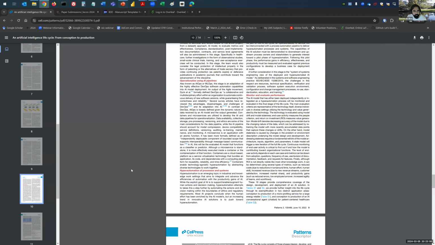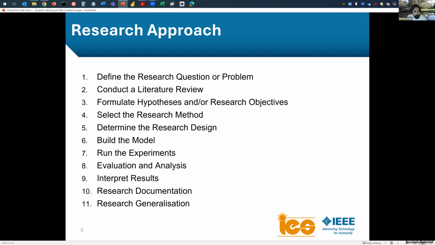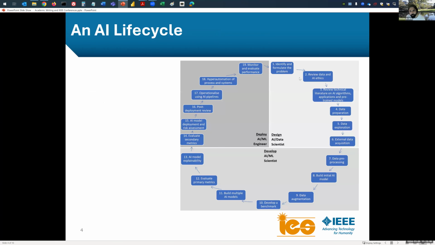So if I go back to research approach, this number 6, build a model, is mostly to do with these. So although generative AI is not discussed in the paper, you can adapt this approach for your research as well. This makes your research contribution strong for your project as well, because you are using existing research to advance your work.